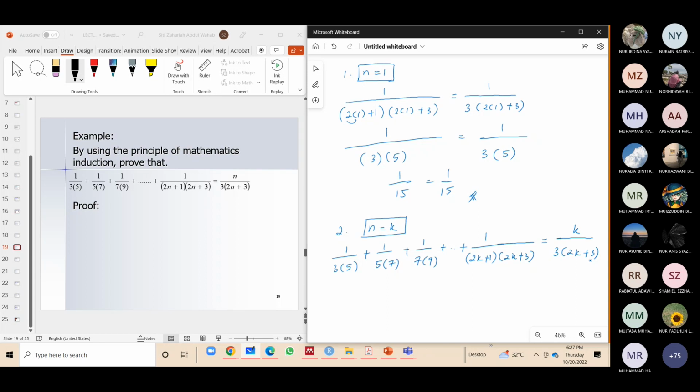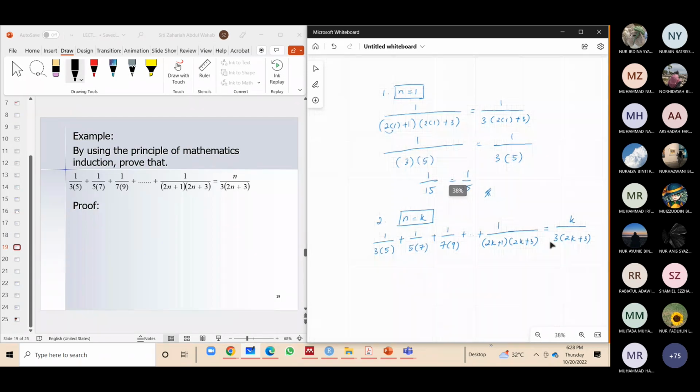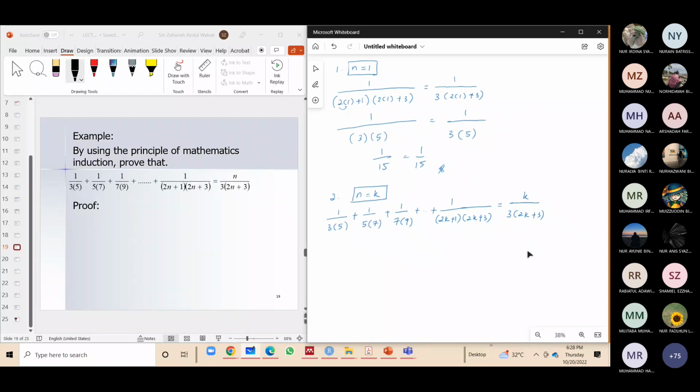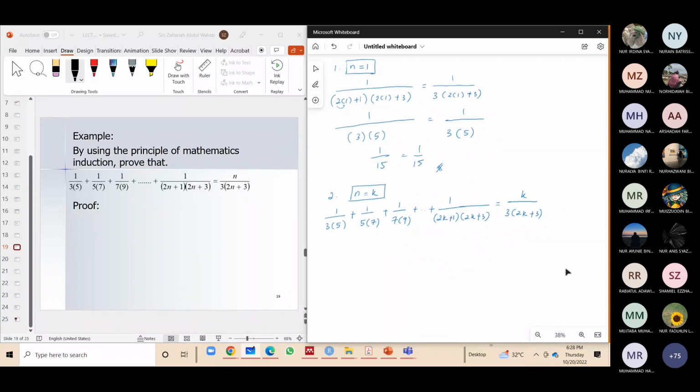That's all. Second step. And then n equals to k plus 1. Okay, k plus 1 substitute into n, I write the whole equation, plus 1 over 5 times 7 plus 1